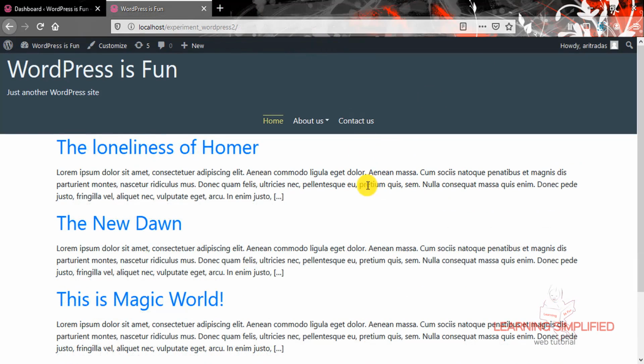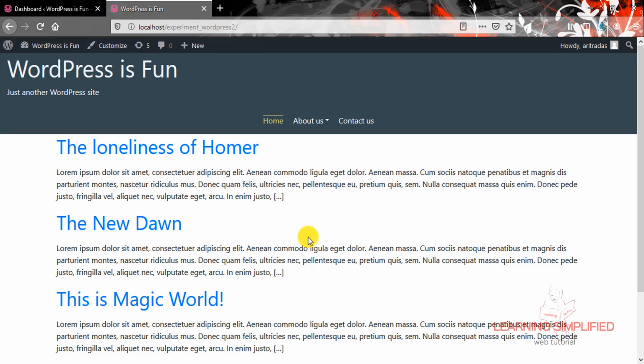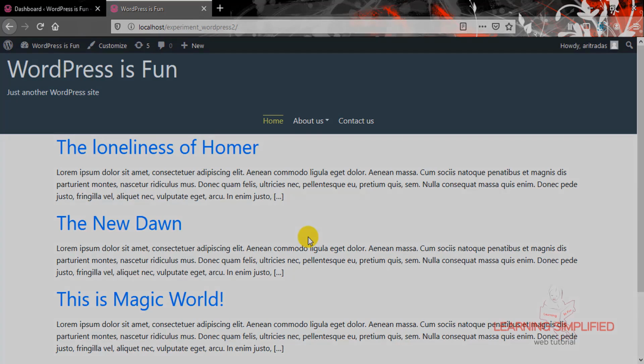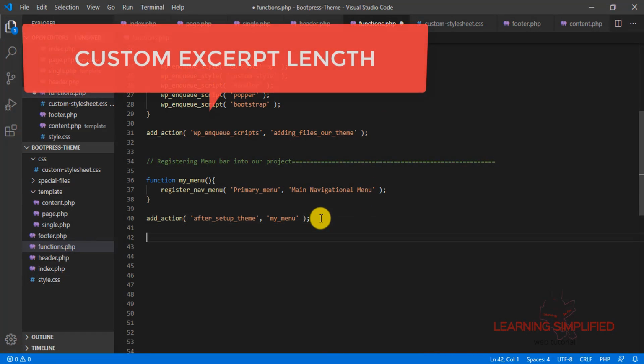In the next case, we can practically control each of these individual WordPress default excerpt lengths. That means, as we have mentioned earlier, that WordPress by default returns 55 words per post, and we can manipulate the number of words under the excerpt condition to be returned to the blog page. Now if we head back to this functions.php, in the next case we are limiting